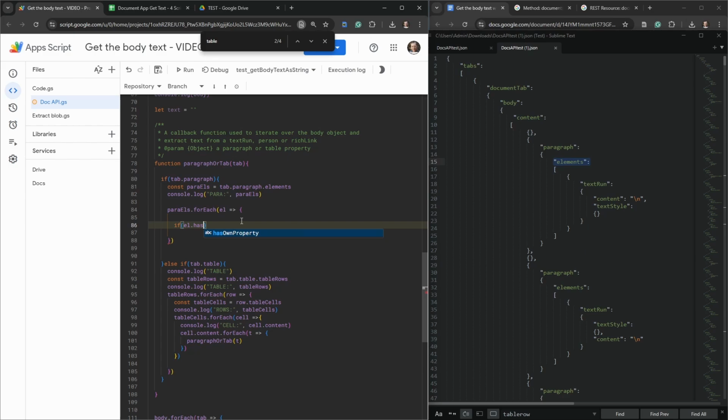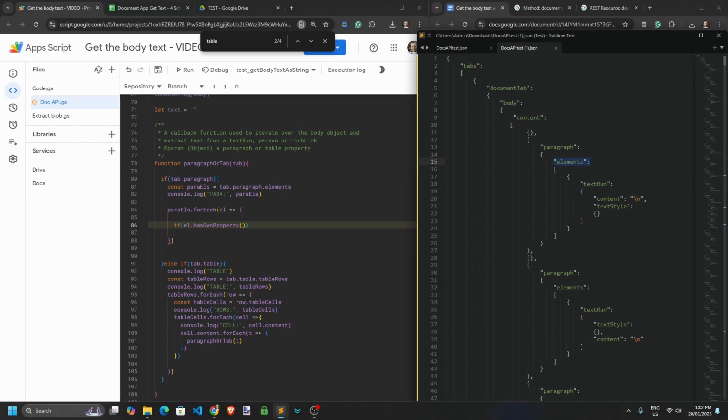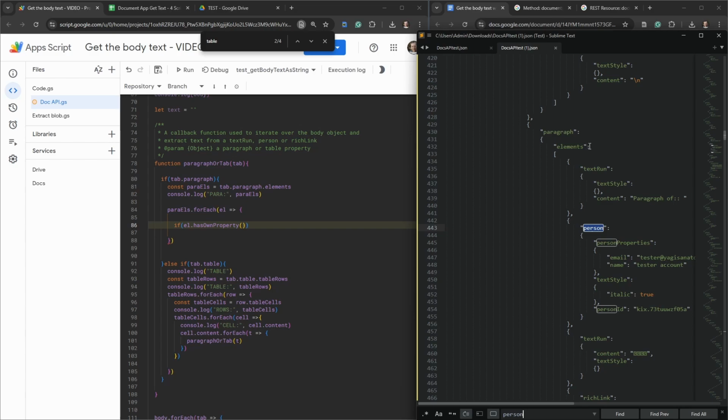So has own property, and our first one is going to be person. So if we looked in here, Control F, person. Okay, so that's going to be in an element here, the array. We've got a type person here, so we want that. If the element has own property person,